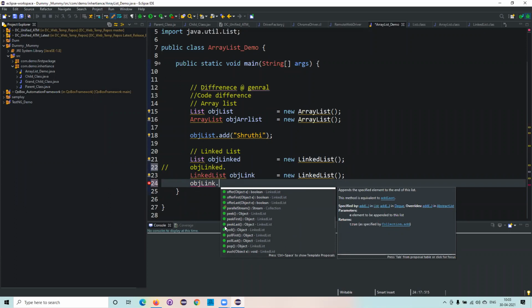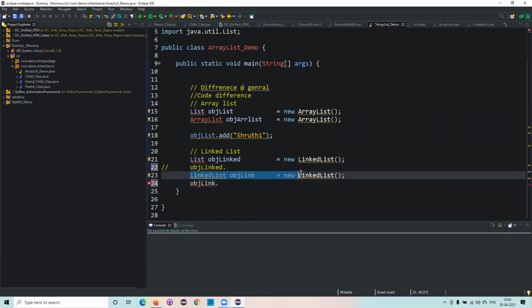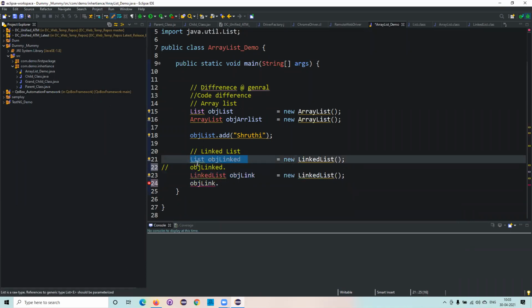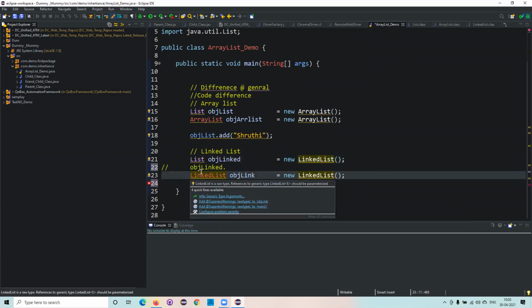If you want to use these methods, how will you get them? At that point of time, you need to declare it like this. First of all, you should know how to declare, right? Almost all of your coding structures will not go to this, but if you know those methods, then you should go for that. That is what I'm trying to explain now. Here also it is the same thing.